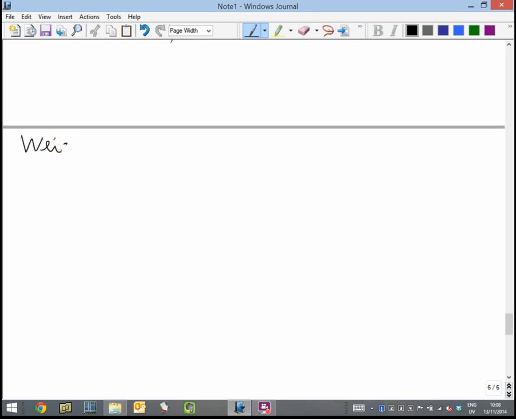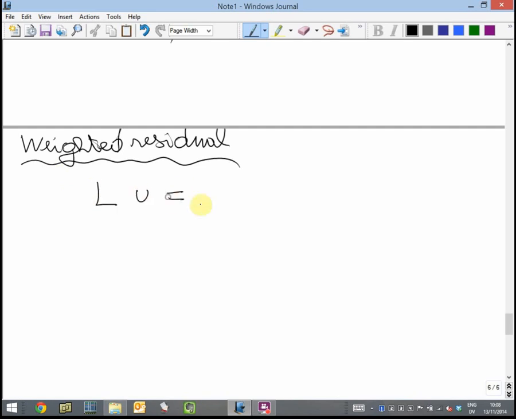So let's explain this framework, and it's a framework called the weighted residual method. And since it's a very general method, we'll also be studying a general problem. And the general problem is the following form: LU equal to V. So what is this? What do we mean by this? Well,